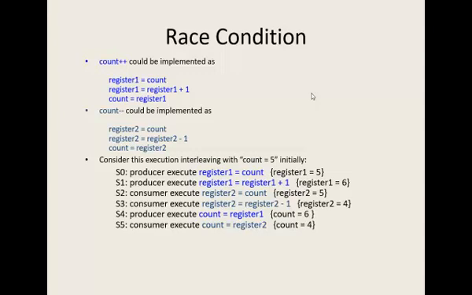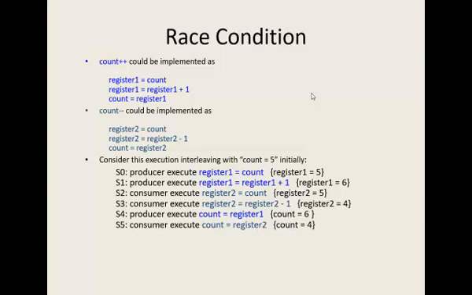There are two terms that are important in process synchronization. One is race condition. What do we mean by race condition? When the sequence of execution changes, the final answer will change, right? That is the race condition. Race condition is important when it comes to cooperating processes, especially in this simple example.